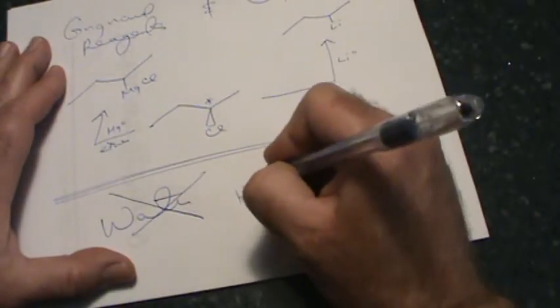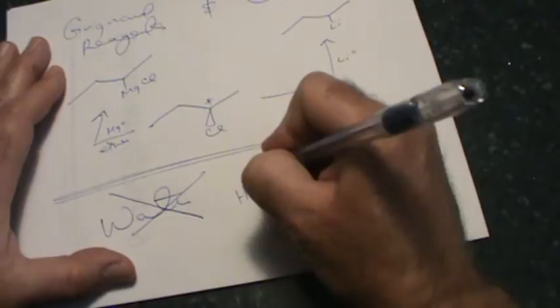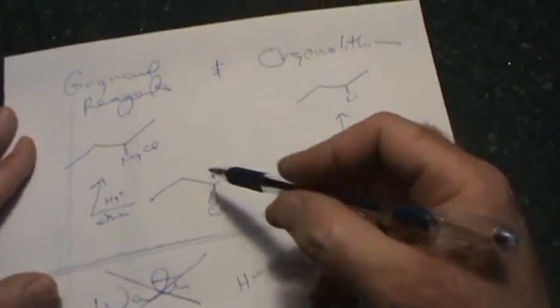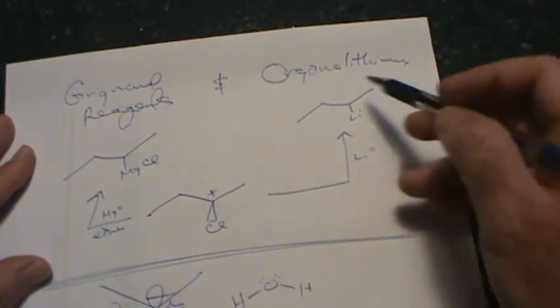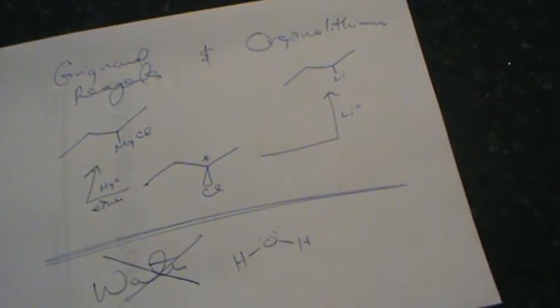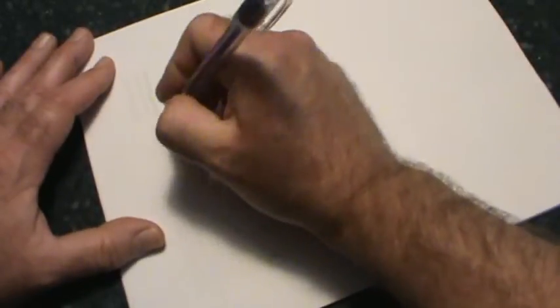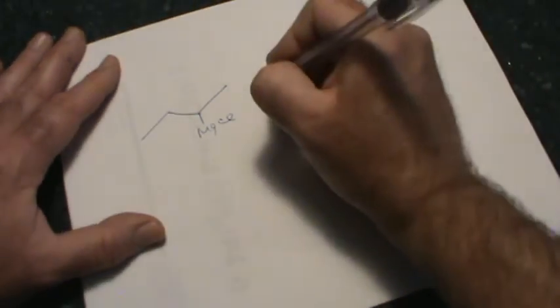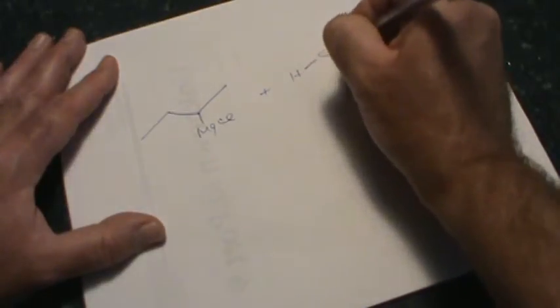We don't think of water as being a very acidic compound, and compared to things like sulfuric acid, it's certainly not. But it is plenty acidic for these terribly strong bases. The stronger the base, the weaker the acid you need in order to have an acid-base reaction. What's going to happen is that if you have an organometallic, much like the one I just showed, in the presence of water,